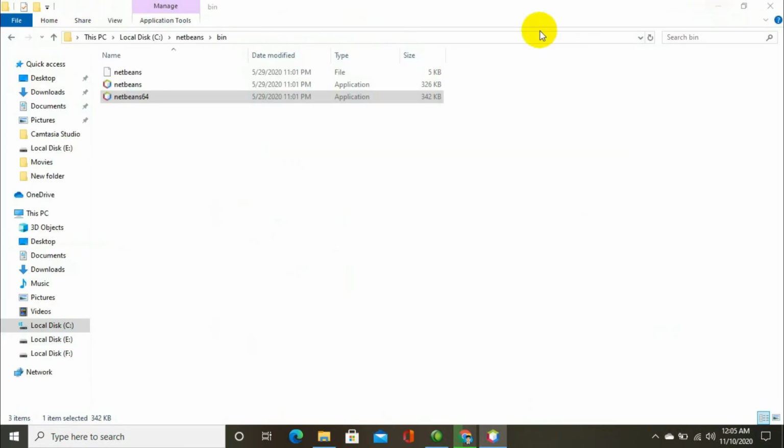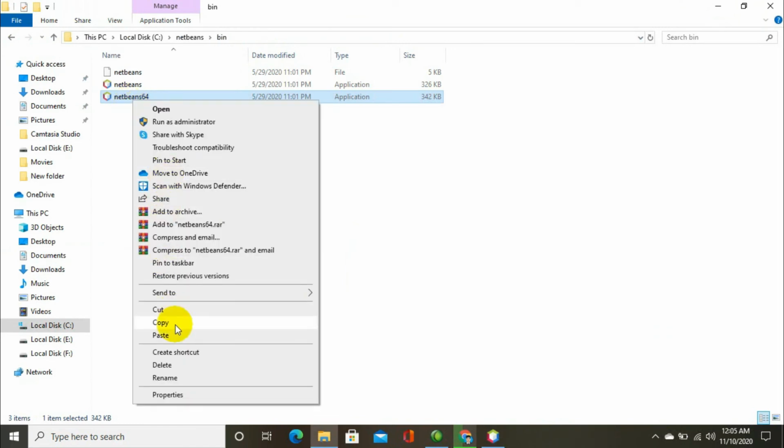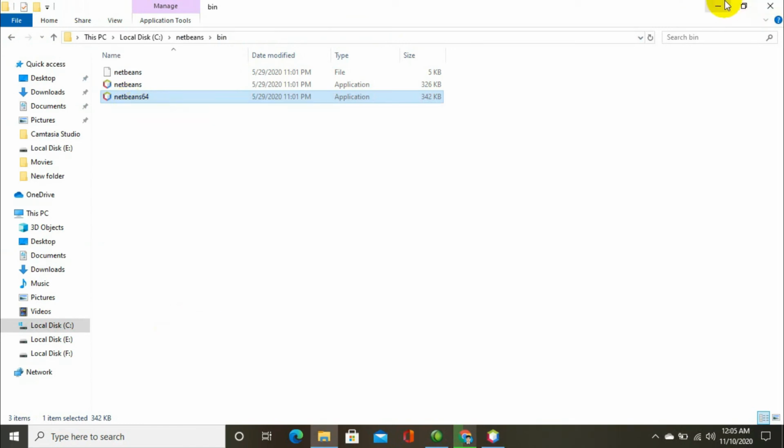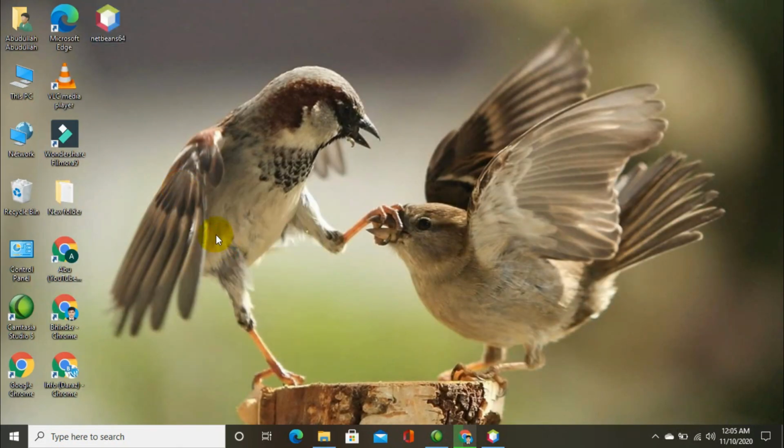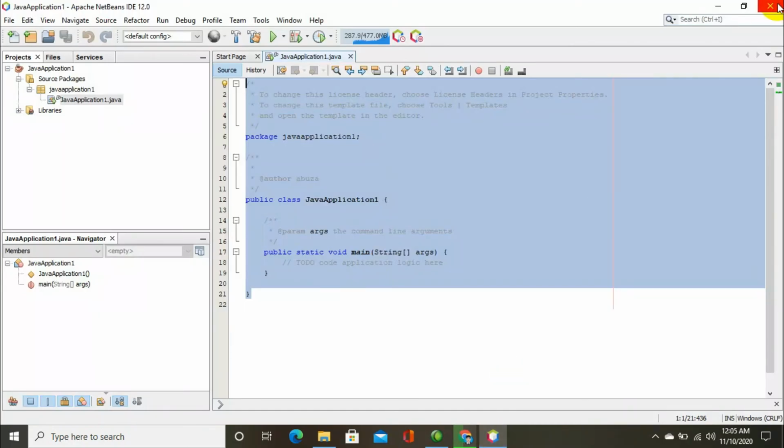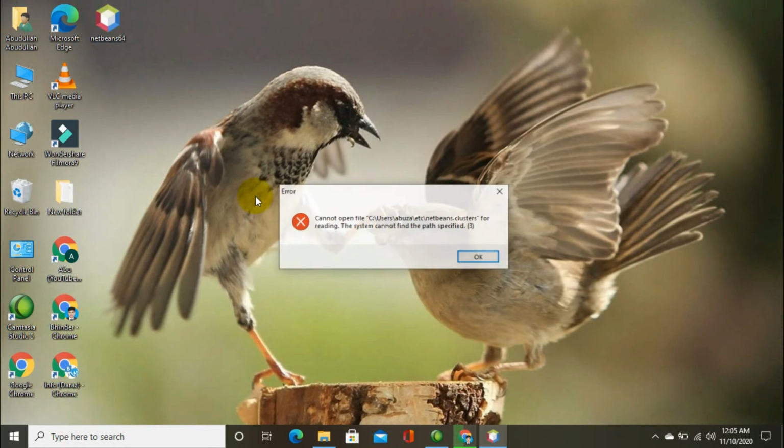And one more thing, if you want to access NetBeans, you can copy this. Click on copy and paste on your desktop, and every time you want to access your NetBeans, close it, double click on it.